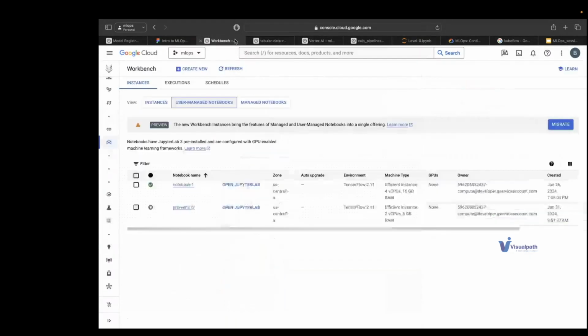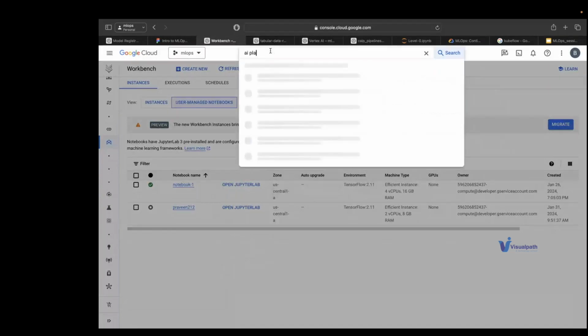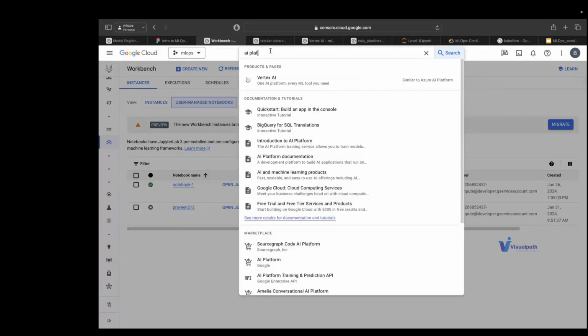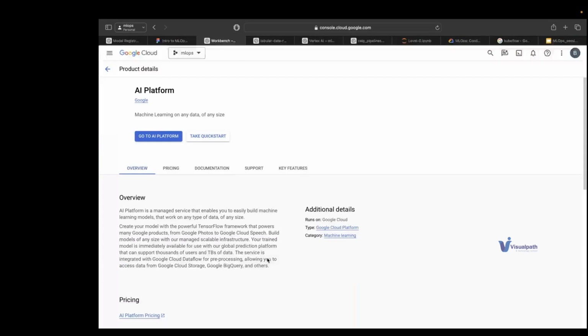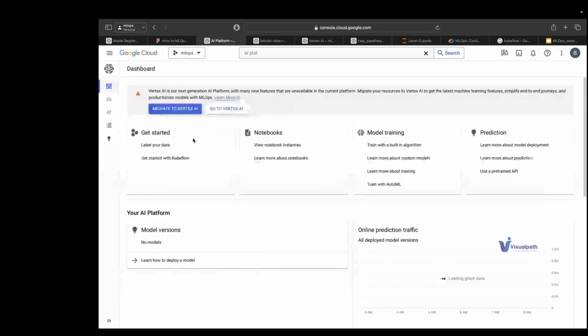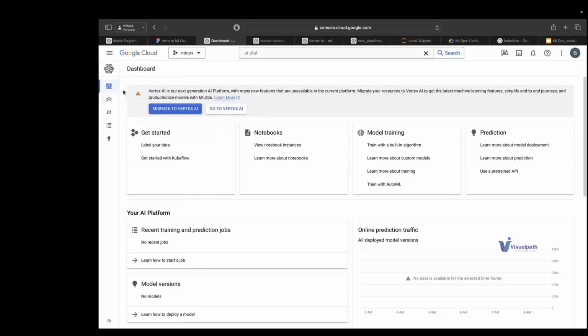This was known as AI platform. I think they have discontinued that product; this happened back in 2021. If you go to AI platform, it comes to the same page, saying Vertex AI is our next generation AI platform, so migrate your resources. So this was the older version.